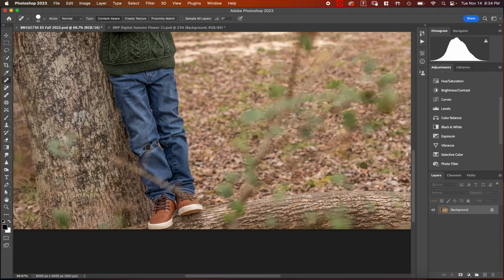I like to go ahead and do a quick edit on them. Oh, my pen tool is doing something funny. So let me just turn that off. It does that every now and then. So I'm just going to use the mouse pad. It's not as precise, but I